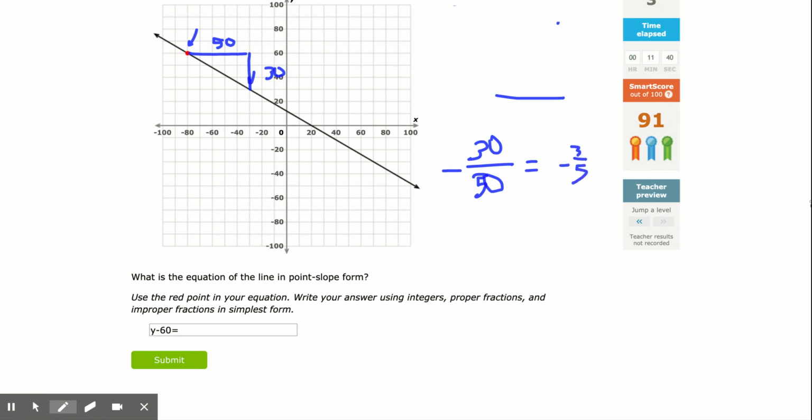So watch your slopes. So again, come back here. I'm going to do a slope of negative 3/5, put in my parentheses, and now I'm going to do an x plus. And why am I going to do a plus? Because what's this x value? This x value is a negative 80, and when I minus a minus 80, it becomes plus 80. So just realize that if either your x or y value is negative, it actually ends up becoming